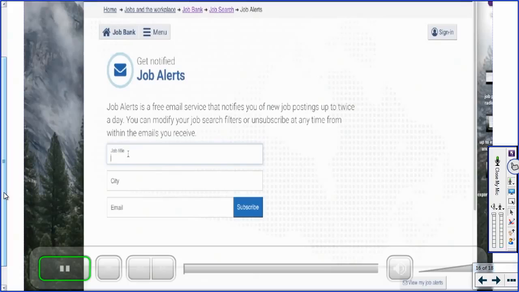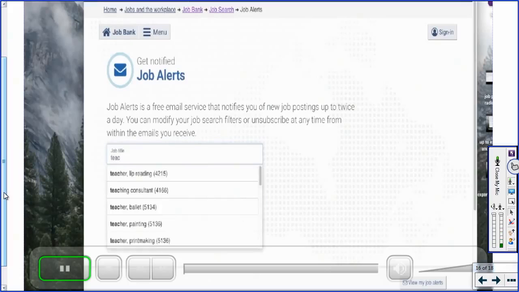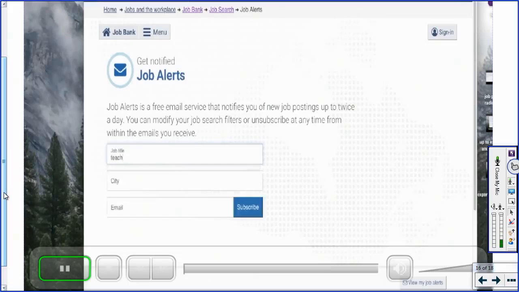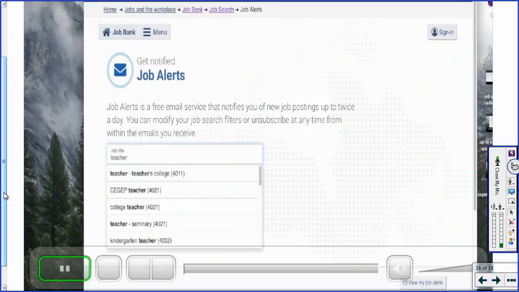And one thing to know is that when you start typing in a job title, so let's just say that I'm looking for some kind of teaching job. When you type that in, a whole bunch of options will come up that are already in the system.